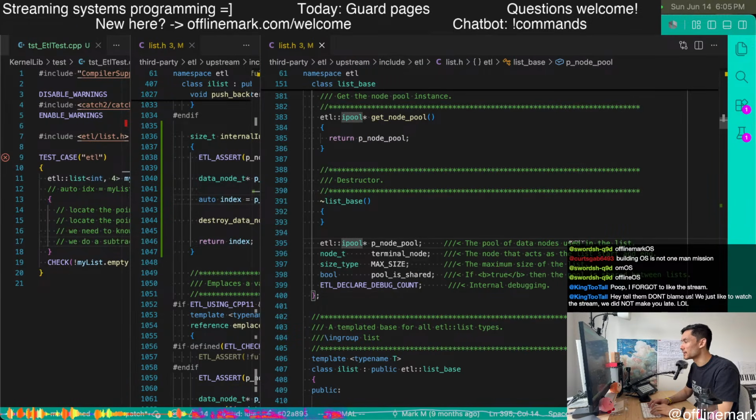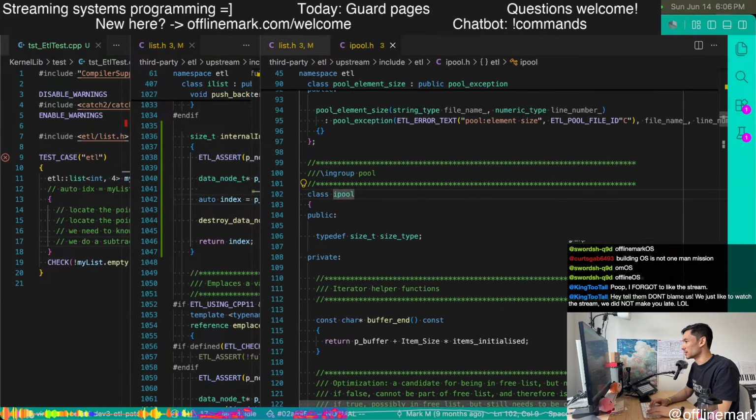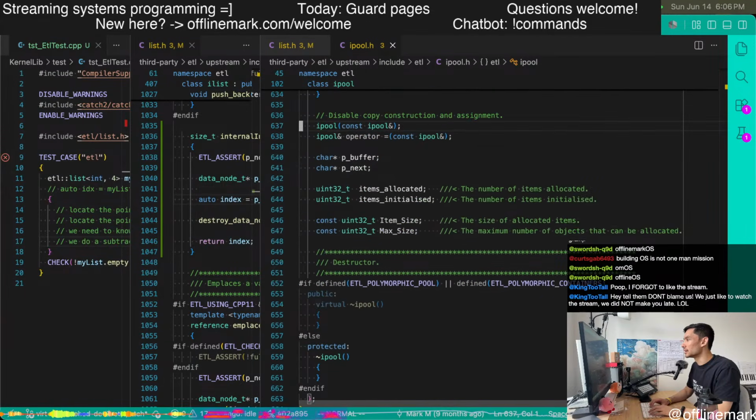We have a pointer to the pool. But this is not totally right because we need really a pointer to the start of the underlying container, which we actually have.